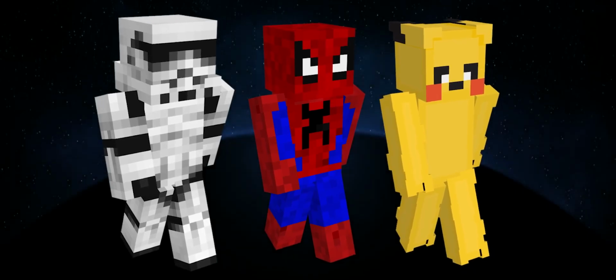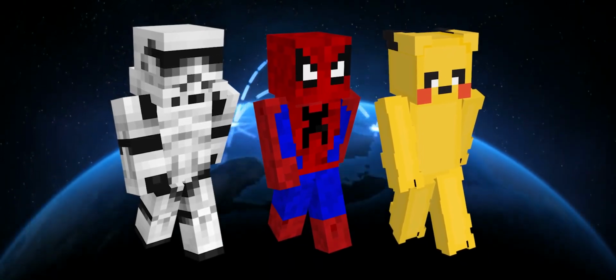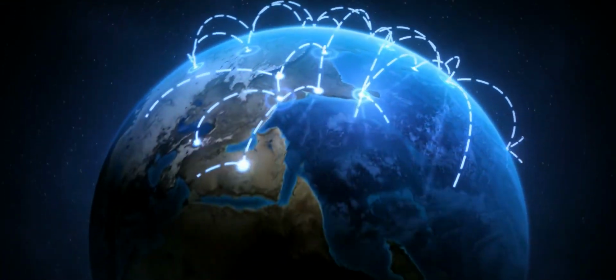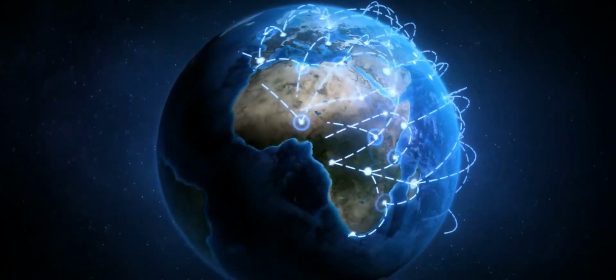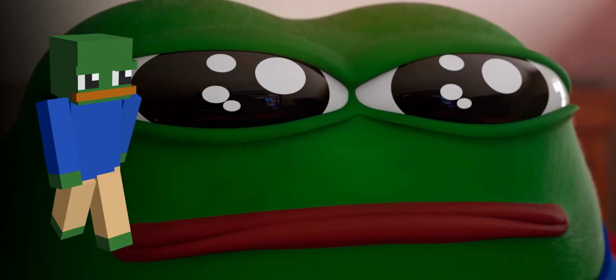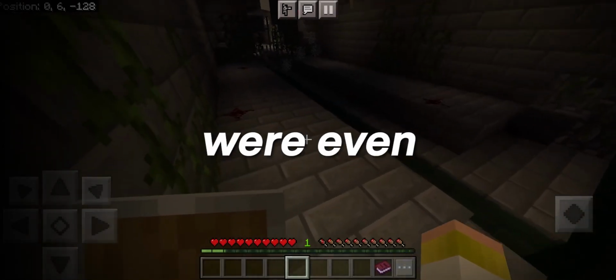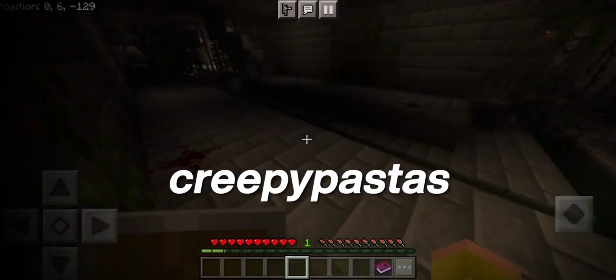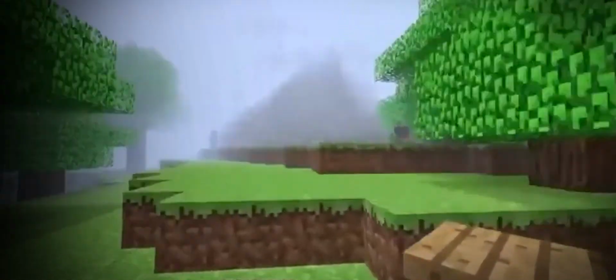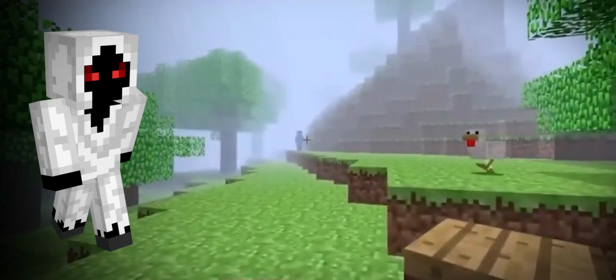This trend of making skins out of anything recognizable from pop culture also extended to what was popular on the internet, with skins of popular memes at the time such as the Trollface, Pepe, Kermit the Frog, Shrek, Doge, or even the presidents of the United States. Some skins were even made for popular creepypastas such as Jeff the Killer, Slenderman, and some of the most infamous examples being Herobrine and Entity 303.